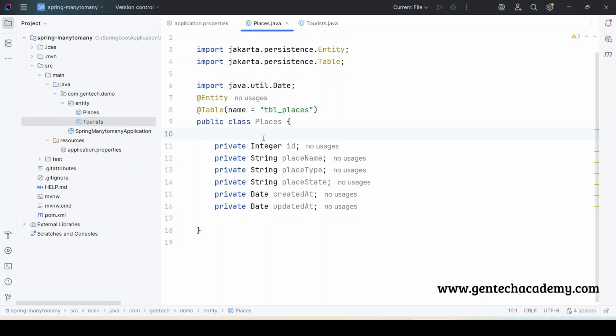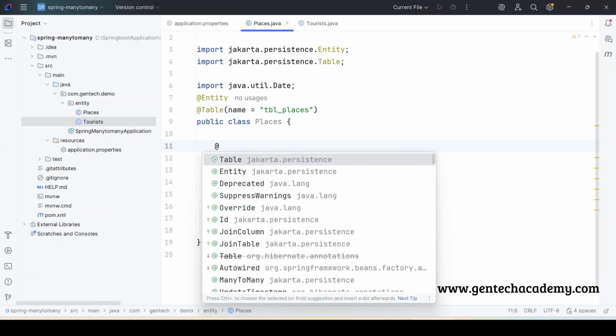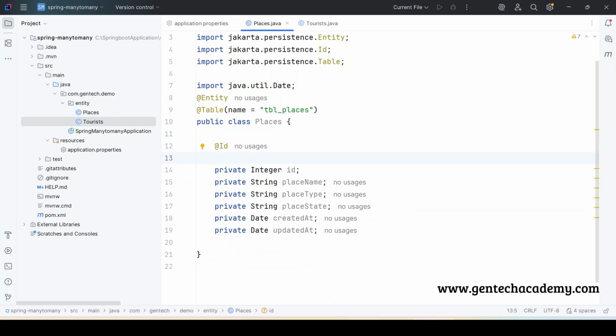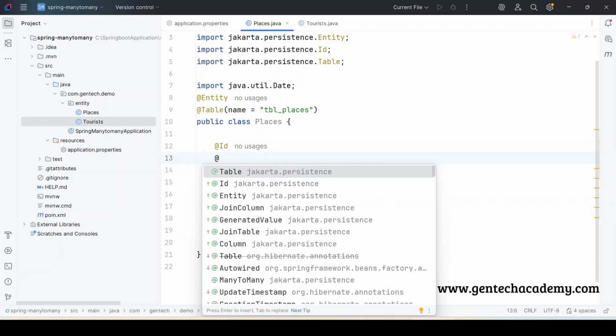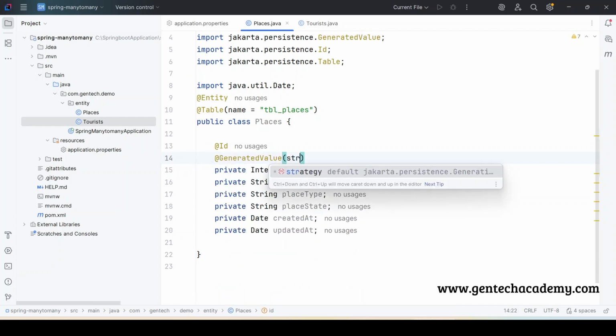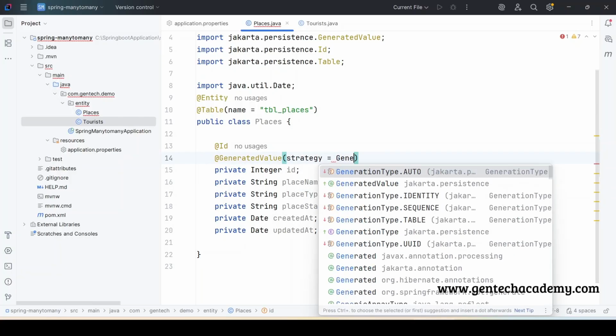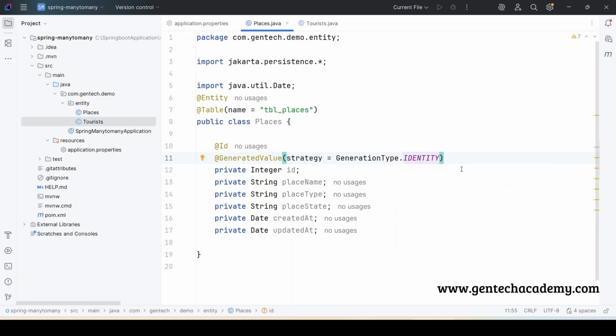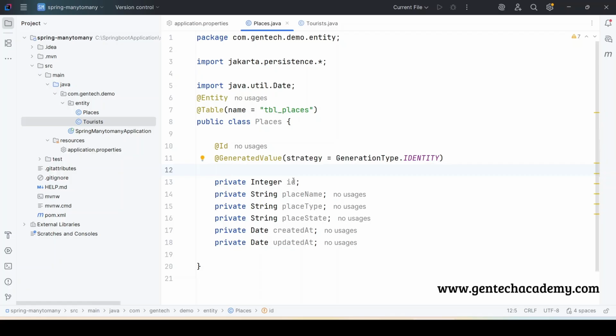So next step, we need to provide the primary key, that is identification, called the @Id. The primary key generation, that one we need to provide. @GeneratedValue, strategy is equal to GenerationType.IDENTITY. So now we need to provide the column name. If we didn't provide the column name, by default the table takes the field name as the column name. So we can modify the column name based on the table point of view. So the name is equal to place_id,